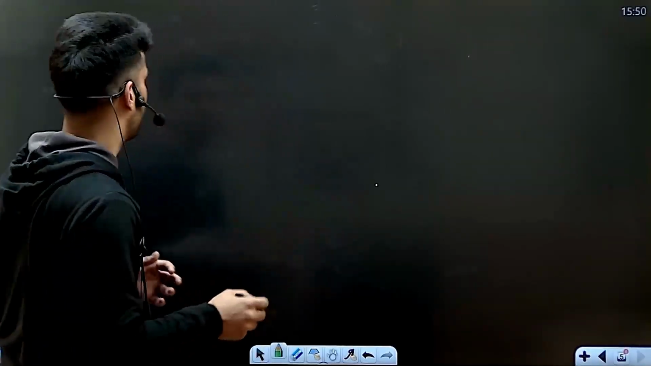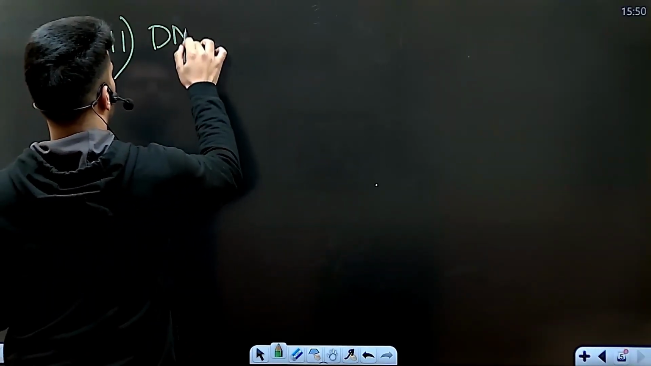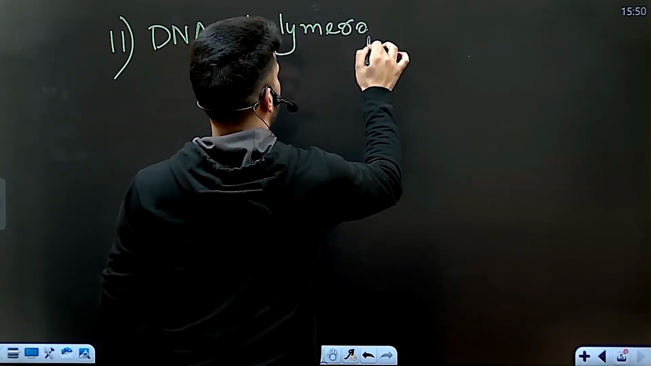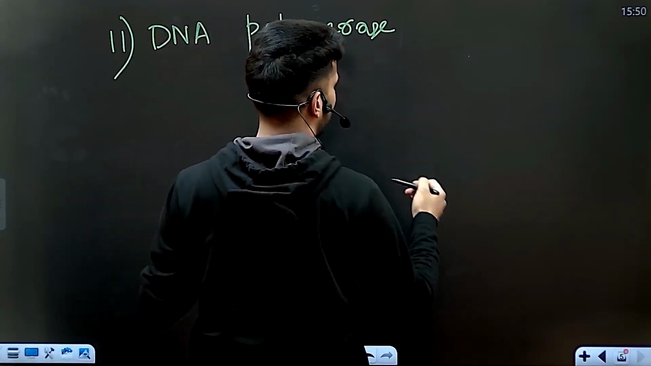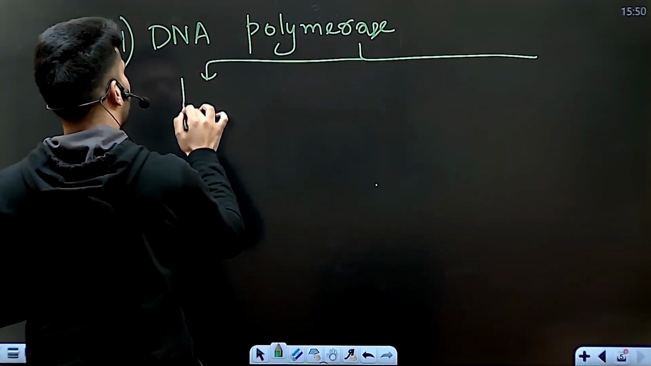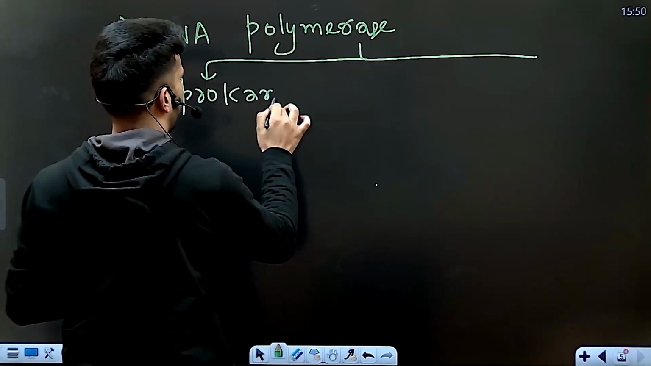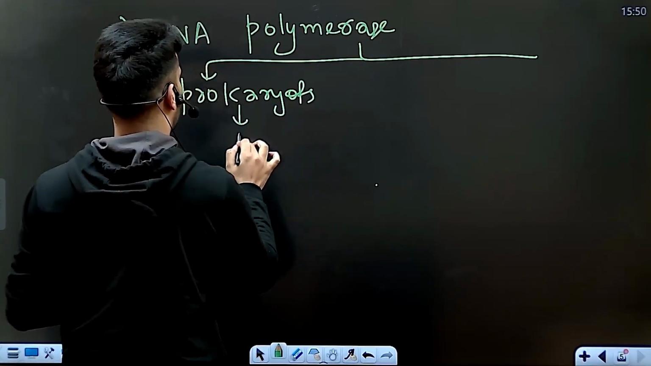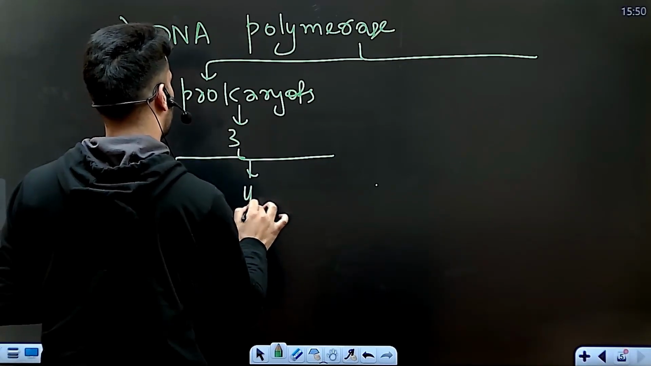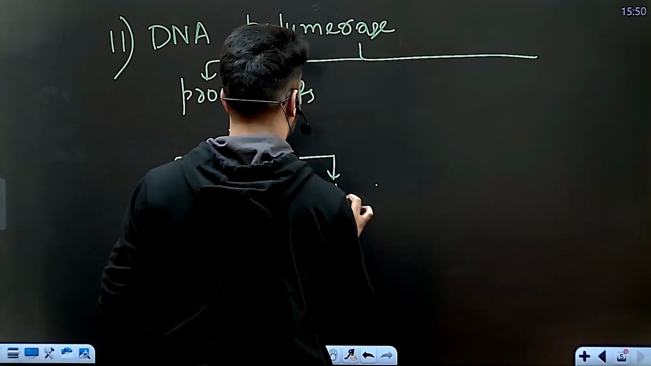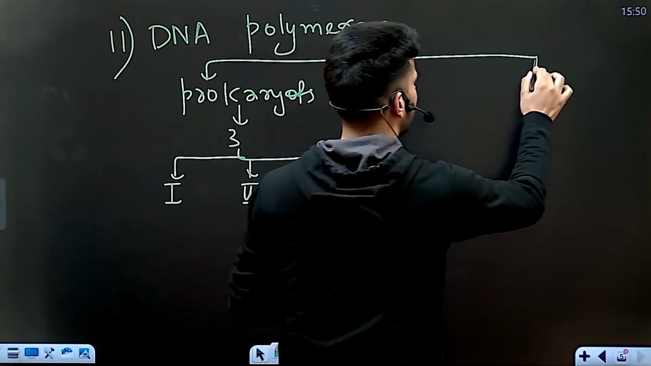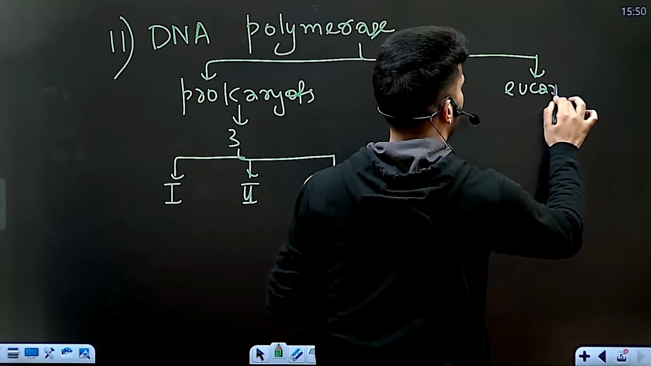That enzyme is DNA polymerase. So the second requirement is DNA polymerase. हमारे पास यूकेरियोट्स में और प्रोकैरियोट्स में डिफरेंट डीएनए पॉलीमरेज होते हैं। अगर हम प्रोकैरियोट्स की बात करेंगे, प्रोकैरियोट्स में हमारे पास 3 डीएनए पॉलीमरेज होते हैं। We have DNA polymerase 1, DNA polymerase 2 and DNA polymerase 3. 3 इनमें से मेन होता है, ये आप याद रख लो।